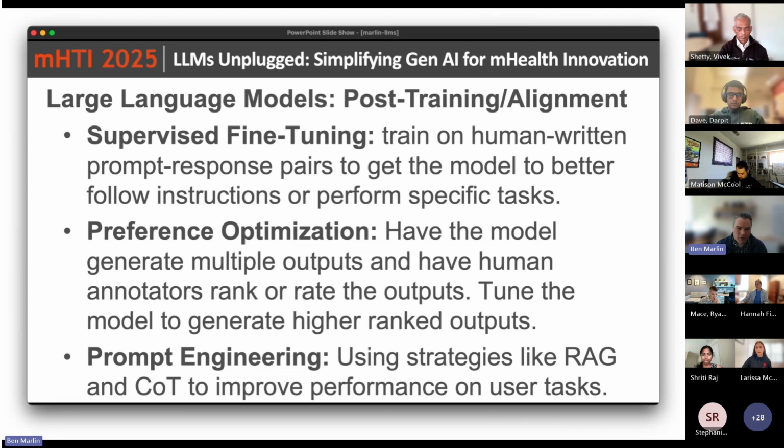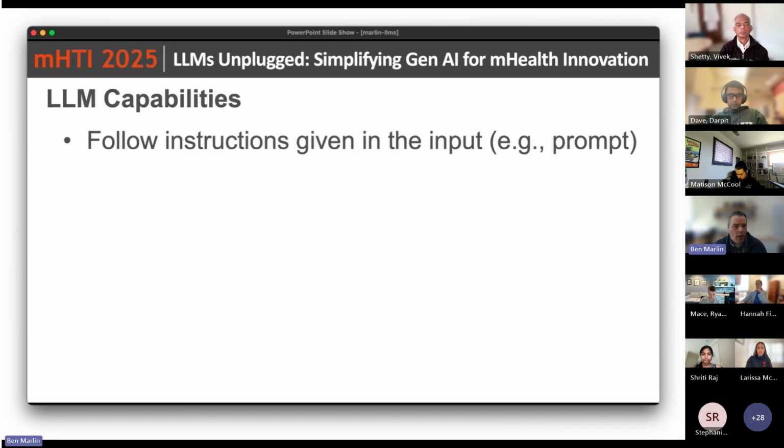Right? So there's a lot that you can do at the prompt engineering level once you have access to one of these models to try to get it to give better performance for a particular task. Again, the two kinds of things you can do are supervised fine-tuning using data from your own task, or prompt engineering, in terms of methods to apply on top of models that come out of this post-training and alignment phase. Right? So there's quite a lot of interesting techniques that can be used there. So we'll do a capabilities breakdown and we'll move on to what this looks like in mHealth in particular.